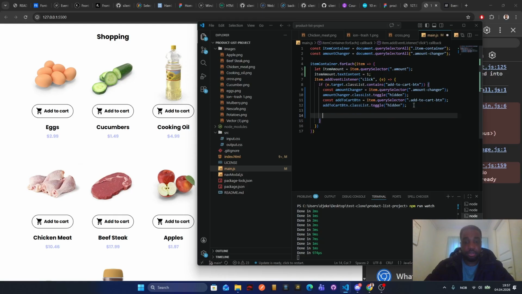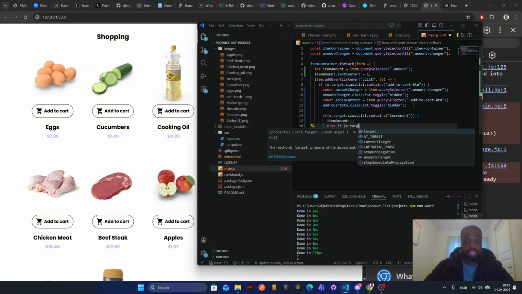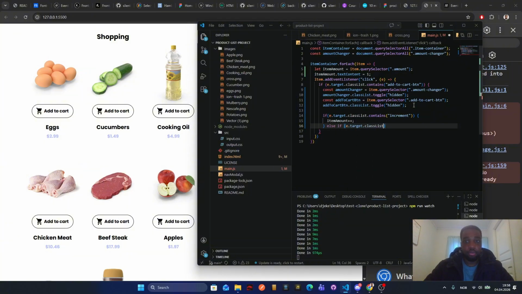So if we click increment, if e target class list contains increment, we want to item amount plus plus, else if e target, this is very long, I'm pretty sure there's a way to make it shorter, decrement,